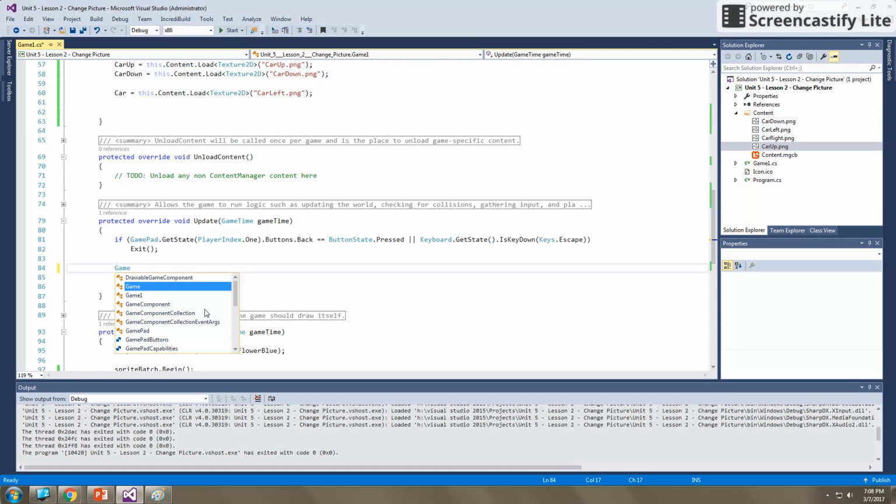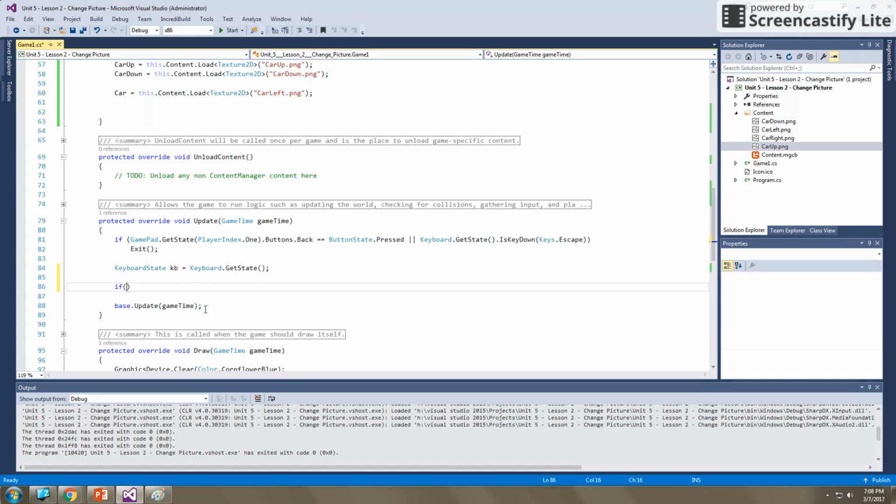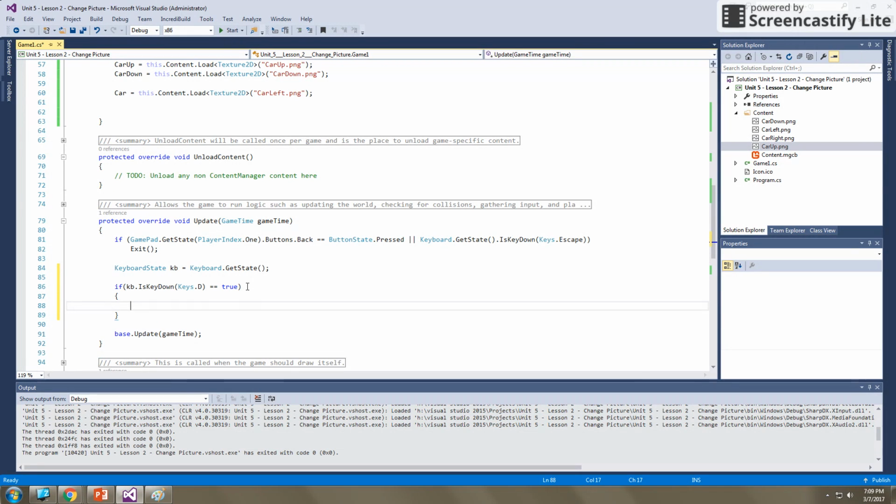So let's add in our gamepad. We have our gamepad state, or not gamepad, our keyboard, excuse me. We're going to use the keyboard here. Keyboard state object, calling that KB, is equal to keyboard.getState. We don't need any parameters sent in. And now we're saying, okay, if kb.IsKeyDown(Keys.D). We're looking at the D key there. And if that is in fact equal to true, if that really is pressed down, then from here,